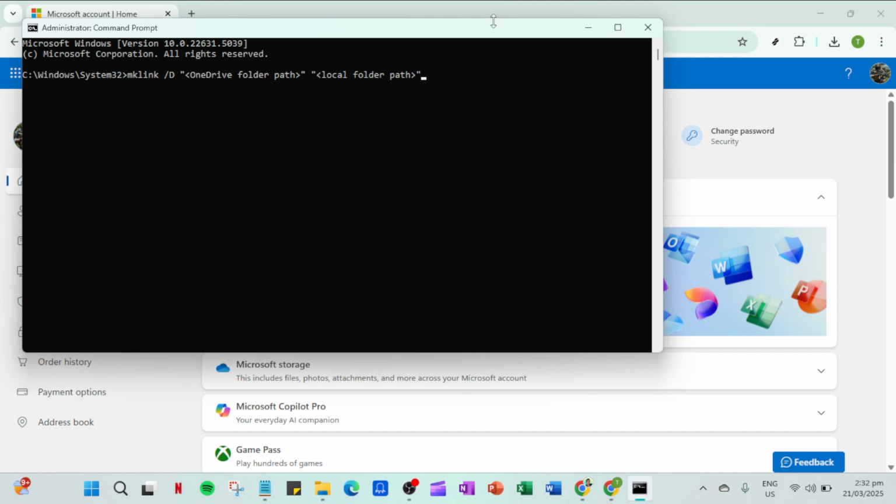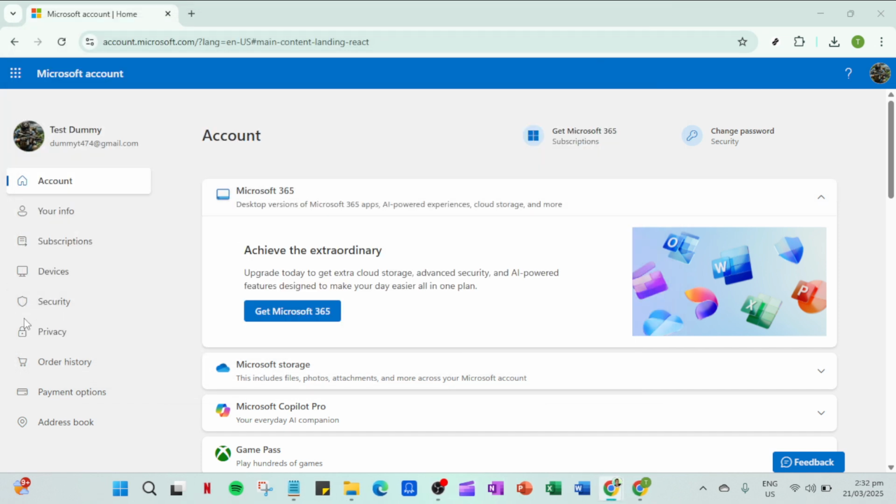After you've entered the command and replaced the placeholder paths with your actual folder paths, your custom folder will begin syncing automatically with OneDrive. With this method, you get the best of both worlds. All of your